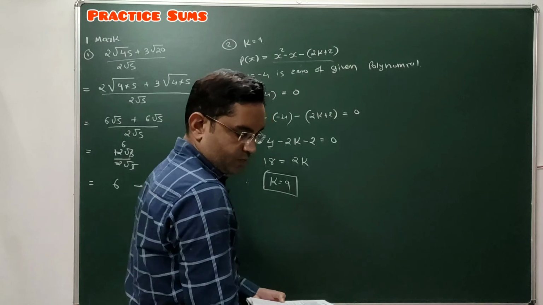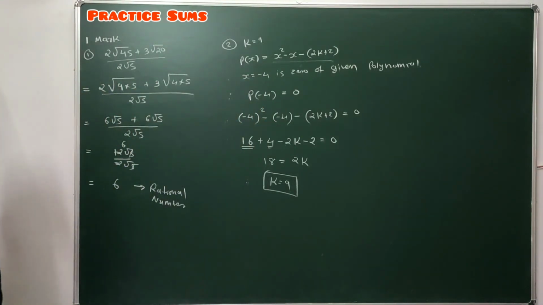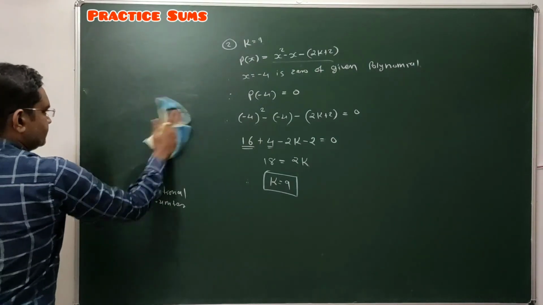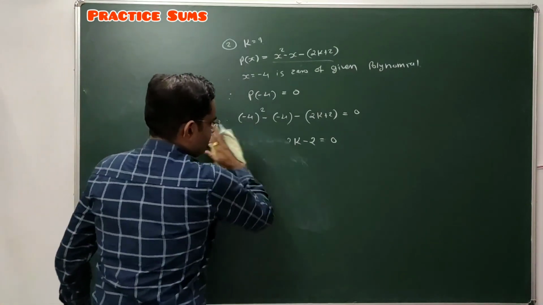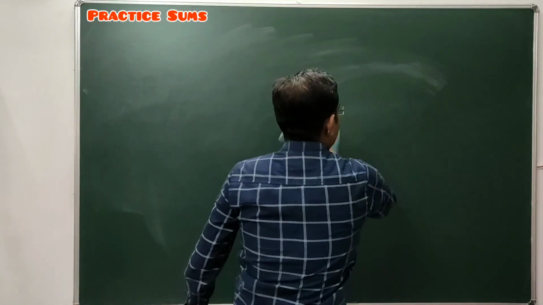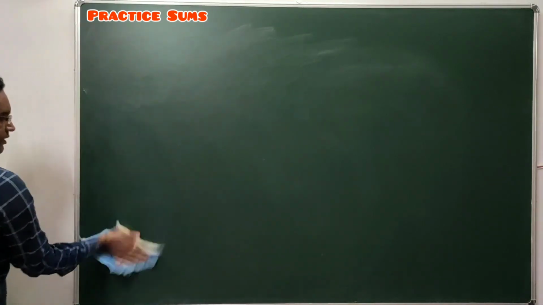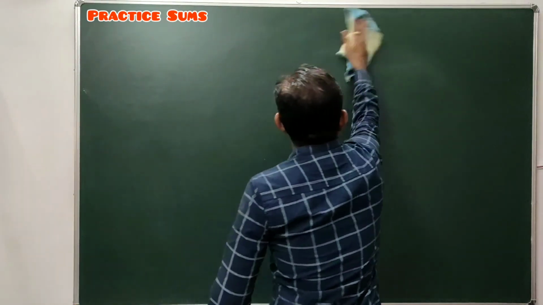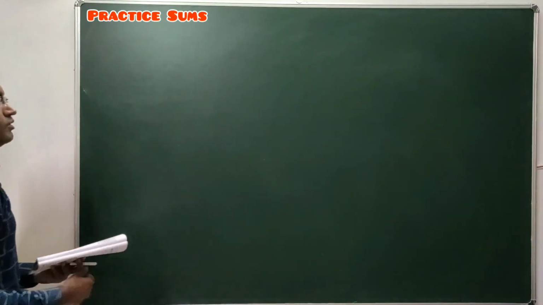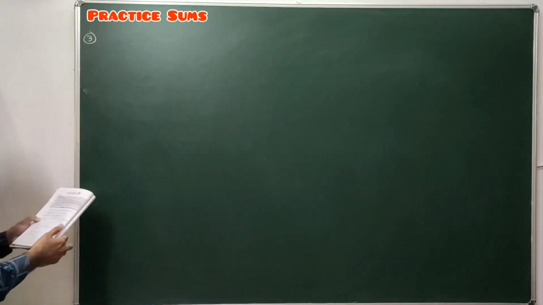Now students, question number 3. First pause this video and note it down. First you have to listen to the question carefully. You have to note it down, then try to solve this question, and then compare your solution with the solution given in this video. Clear? So this is how you have to do this revision. Now question number 3.